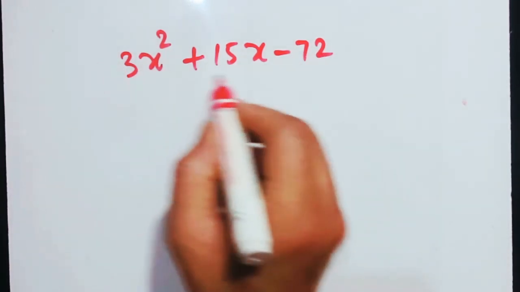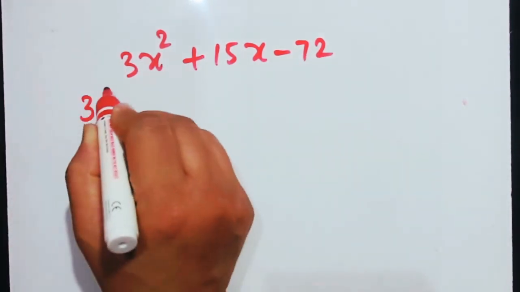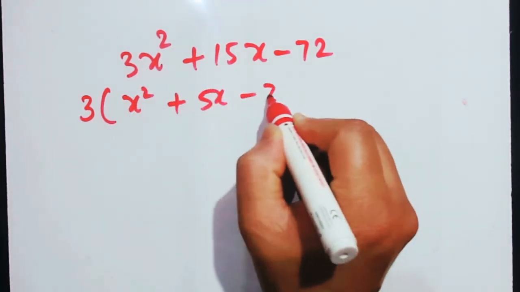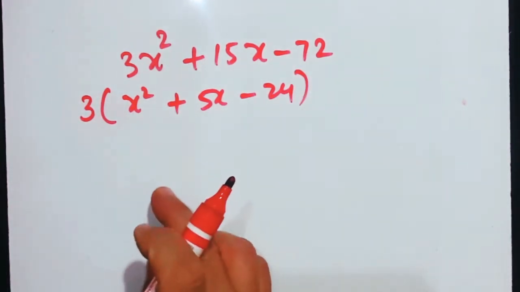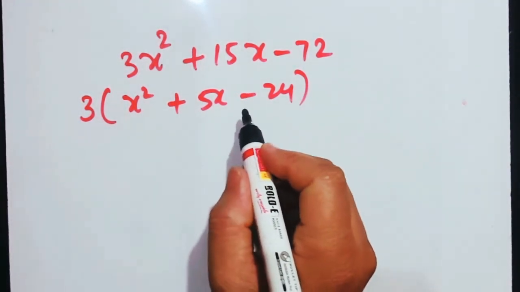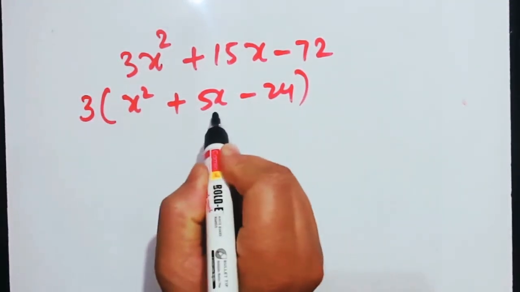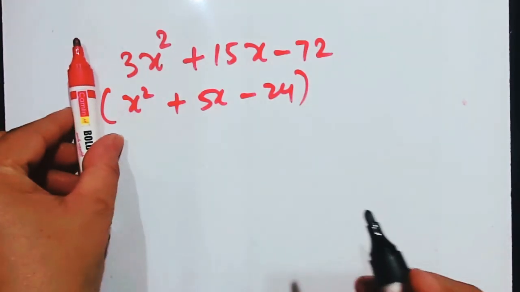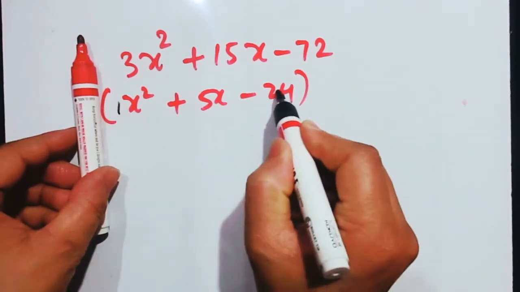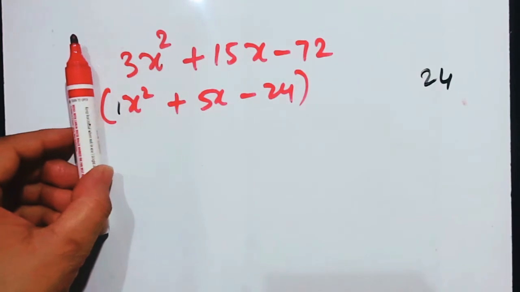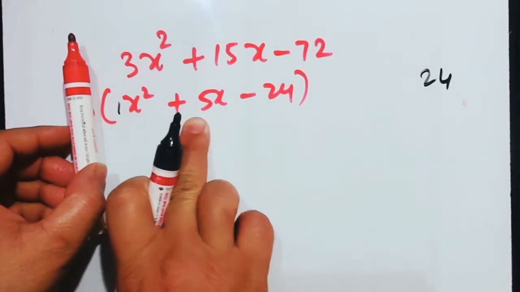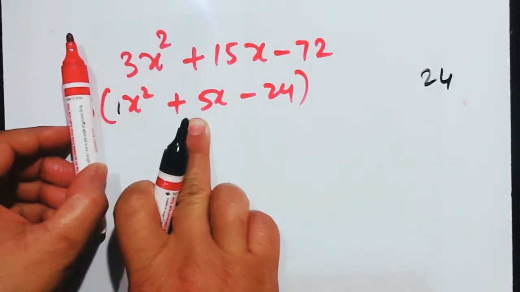First we are going to extract the common, and the HCF is 3, so I'll get x square plus 5x minus 24. Now since we had already learned the factorization by splitting the middle term, how can it be done? We'll forget this 3. Now we have these 3 terms. So here we have 1, here we have 24. So this 24 can further be broken such that in the middle you should get 5x on adding those terms,